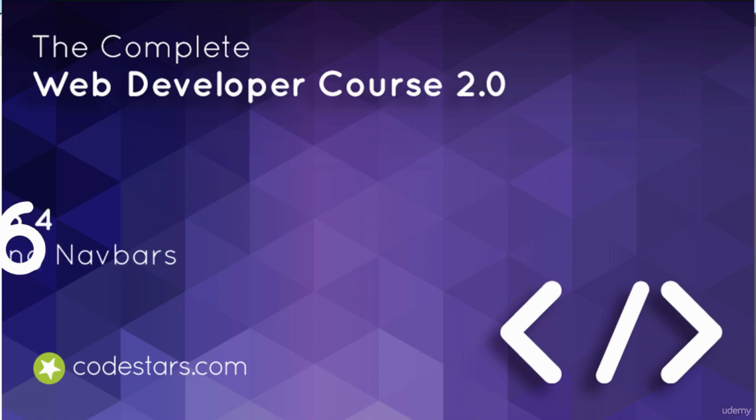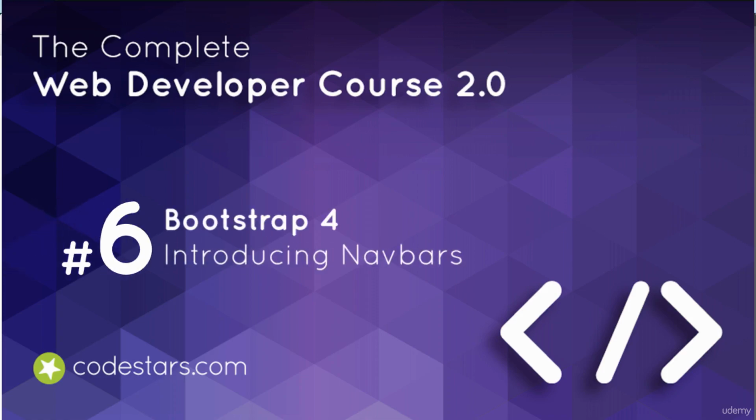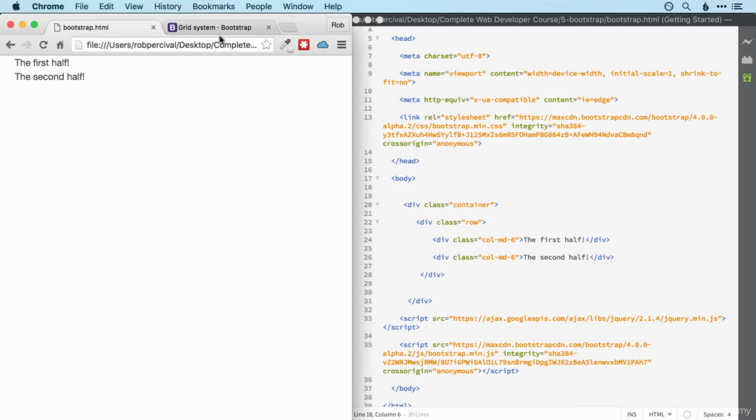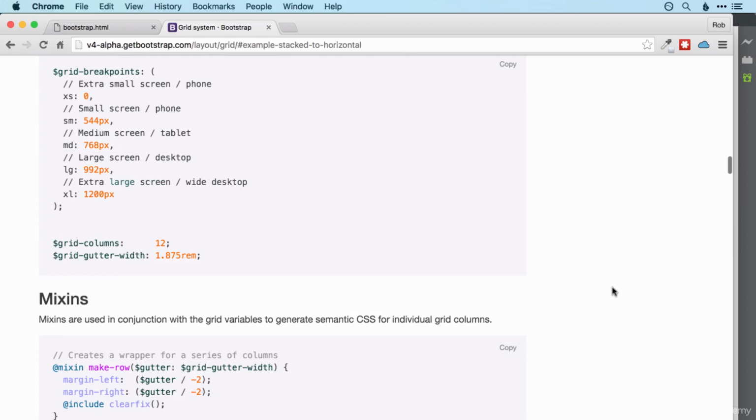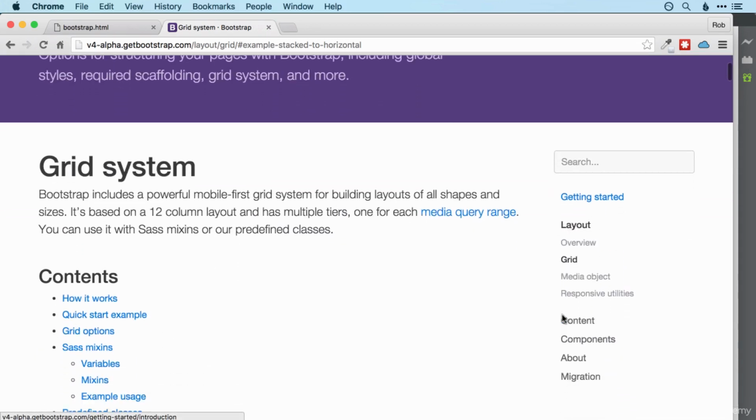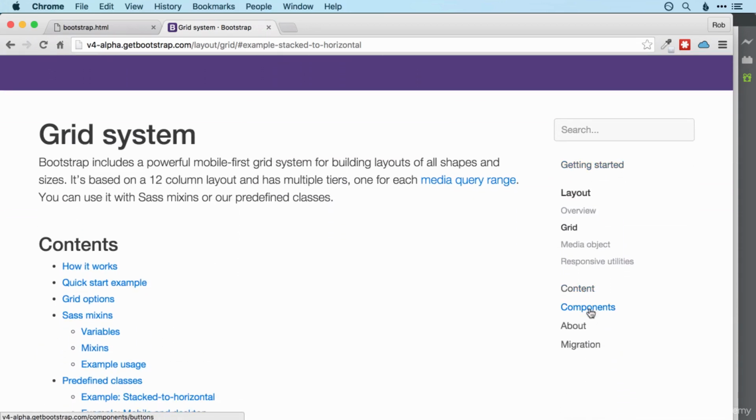Now that we've mastered the Bootstrap grid system, we're going to take a look at some of the components within the Bootstrap CSS. And the first of those is Navbars. So if you click on Components,